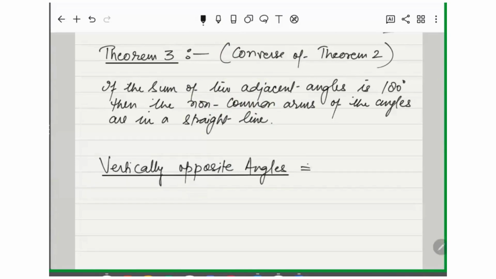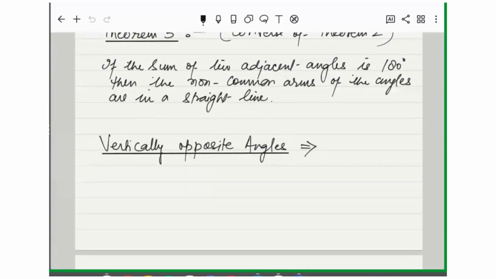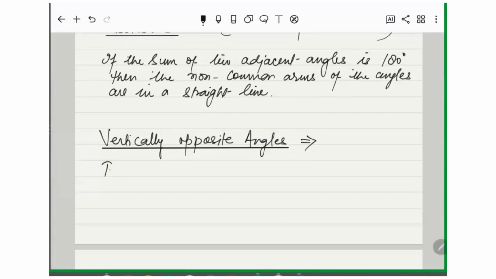You might have studied this in the previous classes. So, what are vertically opposite angles? Two angles. Two angles are called a pair of